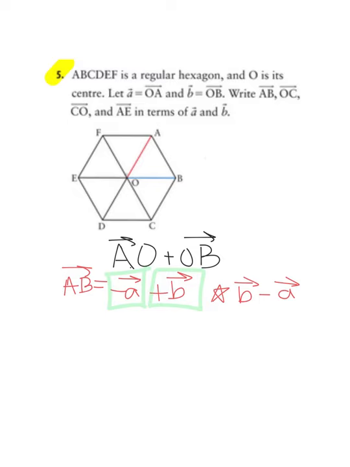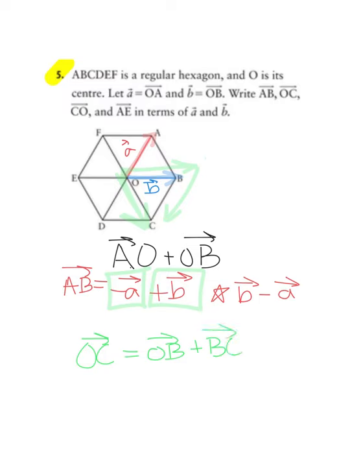I have vector OA as vector A, and I have vector OB as vector B. If I was trying to find vector OC, so this vector right here, I have to start at O and end at C, I would say that it is this combination right here. So I could say that it is equal to OB plus